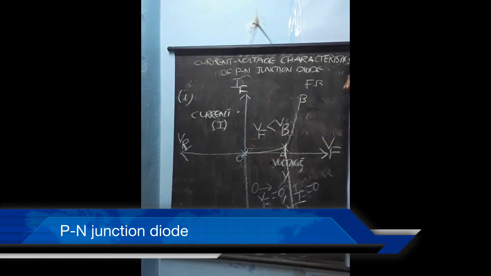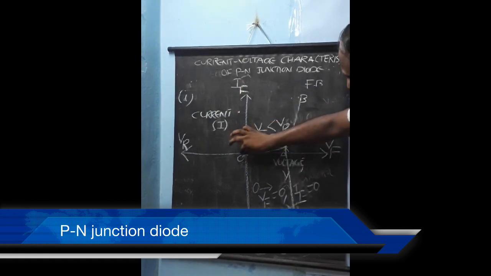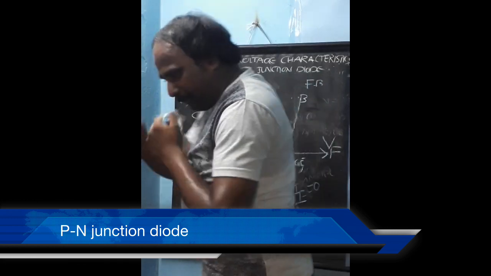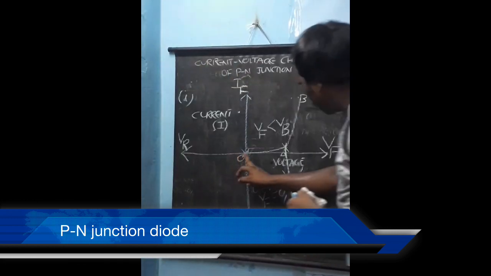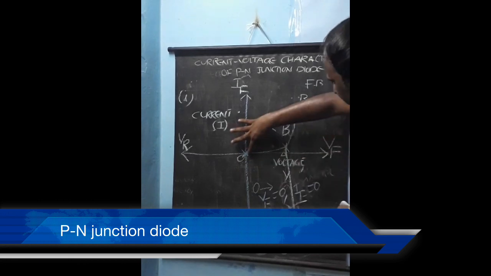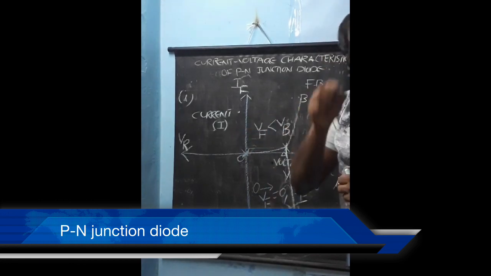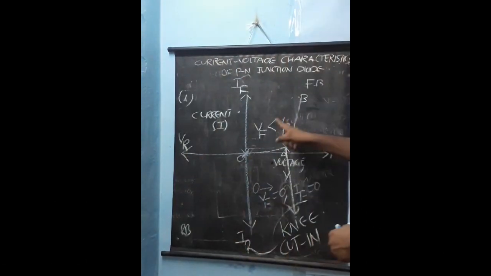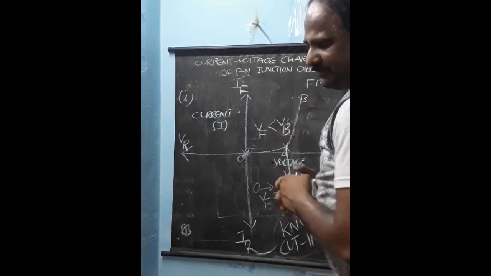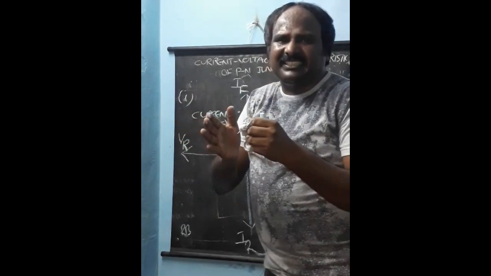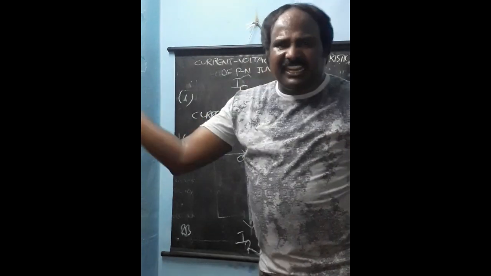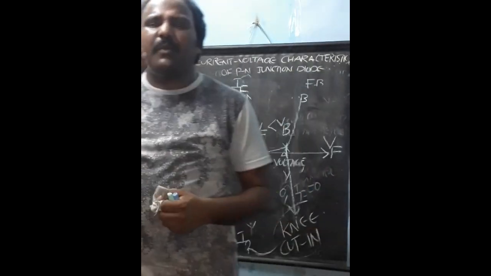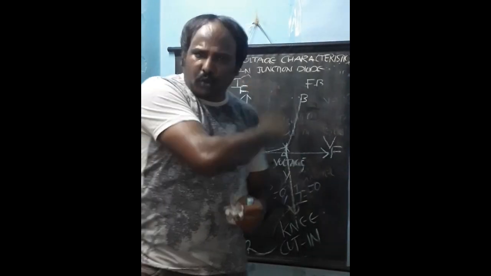In case of forward bias, there are 3 points O, A and B. At O, forward voltage is 0, current is also 0. So this is the point where both voltage and current become 0. From O to A, voltage increases, and current increases, but still it is very small. Why it is small? Here forward voltage is less than potential barrier. As forward voltage is less and potential barrier is more, charge carriers cannot move so easily. That is the reason why we get very small current between O to A.